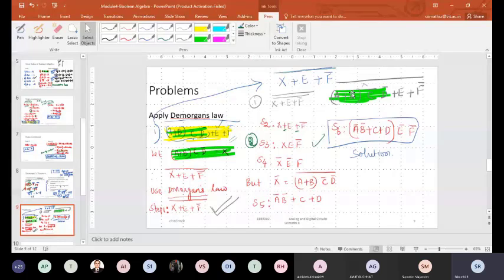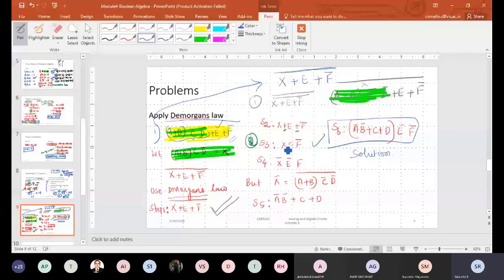So A plus B, C bar D bar, I am taking as X. So it is X plus E plus F bar, the whole bar. That is the function now. I am going to take the complement of the entire function. That is rule number 1, step number 1. So I have done that. So the double complement will cancel. Hence it is given as X plus E plus F bar. Later, if there is plus, I need to convert it into dot. So X, E, F bar.